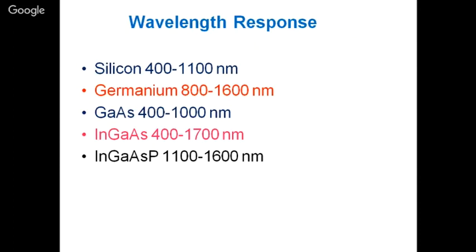Then germanium can respond to 800 to 1600 nanometers. But germanium also I found is temperature sensitive. So germanium is not a very suitable material for detectors. Then comes the gallium arsenide. It gives you once again 400 to 1700 nanometers, or even better, 1100 to 1600 nanometers is indium gallium arsenide